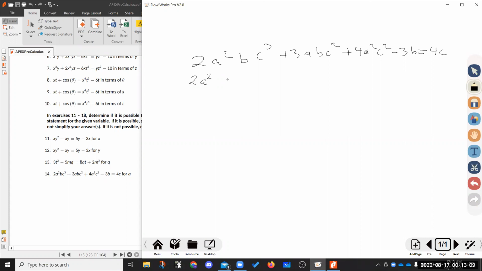So 2a squared b, let's write everything with the coefficients: 2bc cubed a squared plus 3bc squared a plus 4c squared a squared